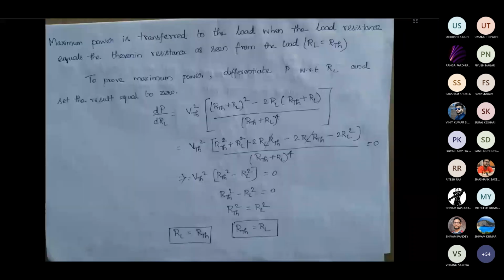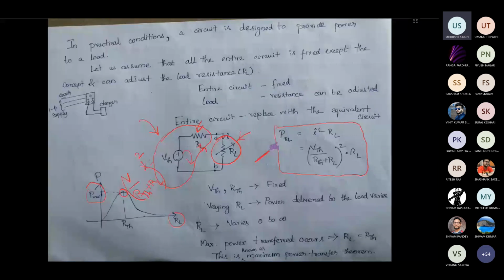So if you want to do the analysis analytically, then what should you do? Okay, so here what I have done, first I have found the power dissipated on the load when you are having a certain current. You know that in order to find the maximum power or minimum power, you do differentiation. Same kind of thing you will be doing here.